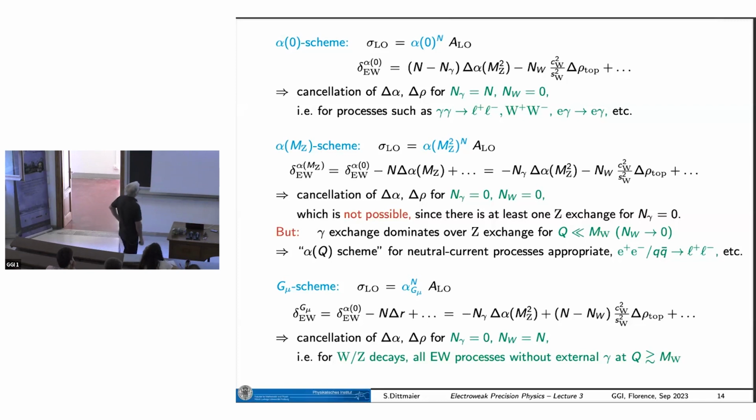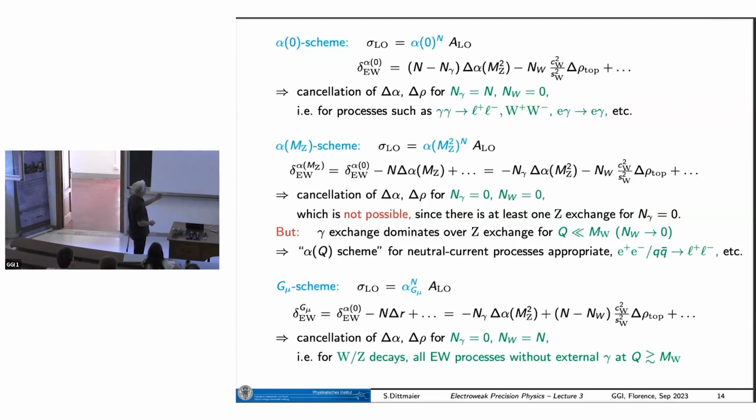When I switch to the alpha of MZ scheme, I get an additional contribution from this delta alpha, just by the switch to the other scheme here. And this means this thing is cancelled here. And I can ask myself, are there processes in which this scheme works best? Yes, N gamma must be 0 now, and N W also must be 0. Okay, I have a little bit of a problem here, because there should be some coupling in there. This would mean that there is no process at all if I take this literally, but I can also have processes, for example,